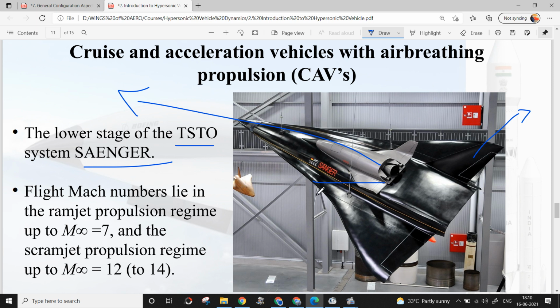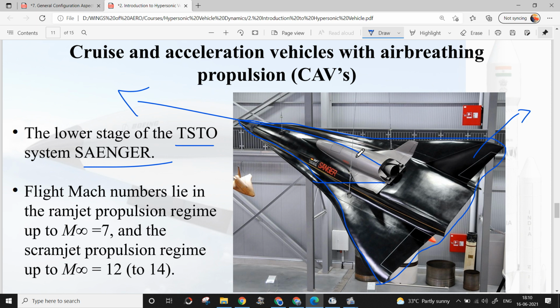so the black color looks like an aircraft body, right? So it looks like an aircraft structure. So it is going to fly in only Earth atmosphere, right? Earth atmospheric condition, mostly in the upper stratosphere. Whereas this second stage will be allowed to launch into the space and it can perform the mission according to the requirement. And remember one thing, this is a conceptual design. Till now it has not entered into the experimental phase. Okay.